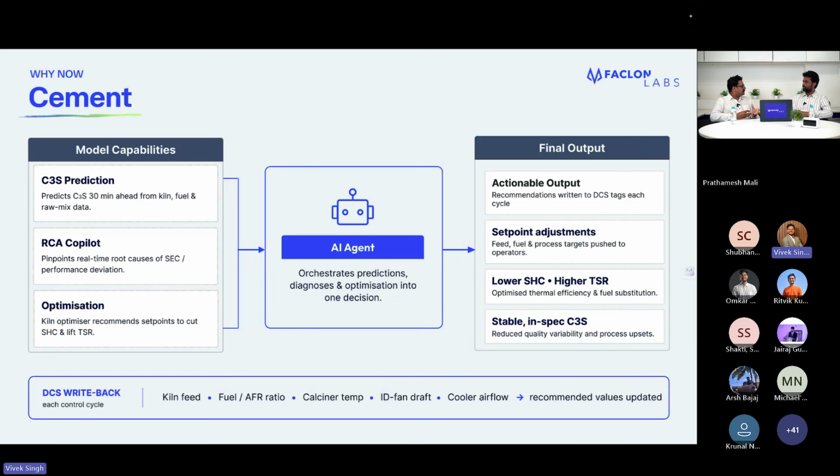So now the AI agent uses these 3 different models, takes the results, and then directly improves the process so that it is always in the stable range, so that we improve the energy usage. The main goal, basically, is exactly improving the SEC. Improving the SEC, improving the quality, as well as increasing the throughput. So all these together it was able to deliver, and then take actions on the shop floor as well.